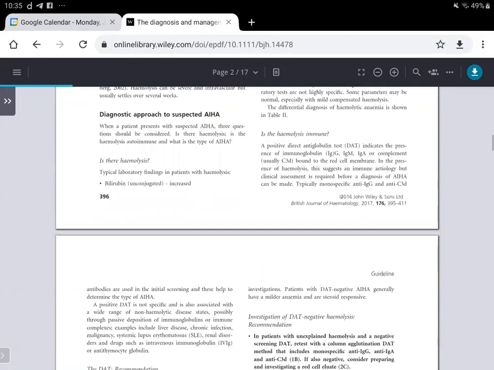In the cold type we have two main categories: the cold hemagglutinin disease and the paroxysmal cold hemoglobinuria. As stated earlier, about 65% of the cases are warm autoimmune hemolytic anemia, and of the rest, about 5% will be mixed type. So of the remaining 30%, 29% are cold hemagglutinin disease, and only 1% is paroxysmal cold